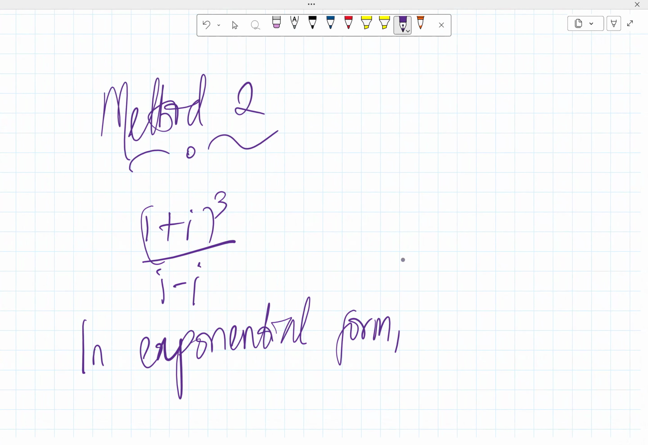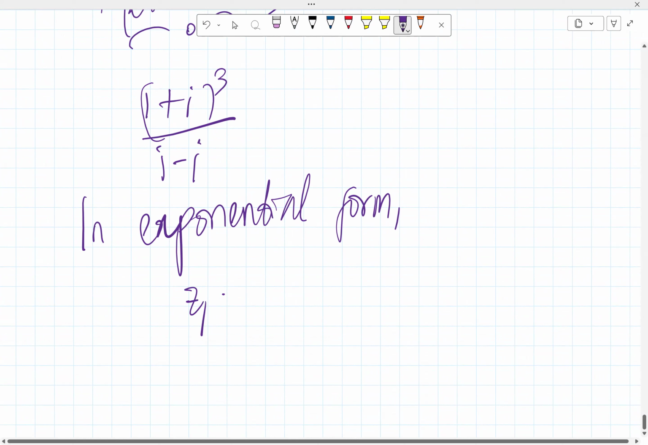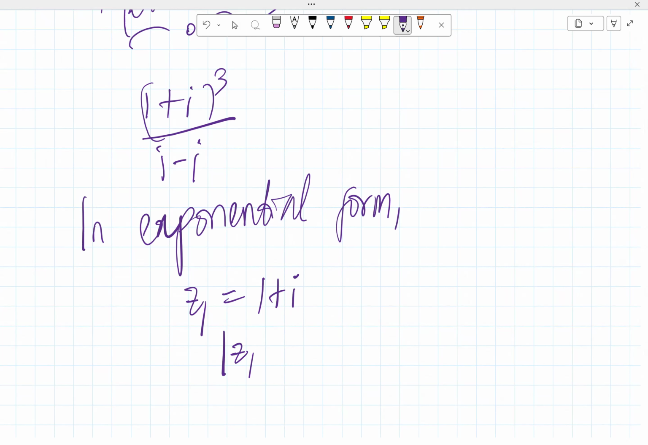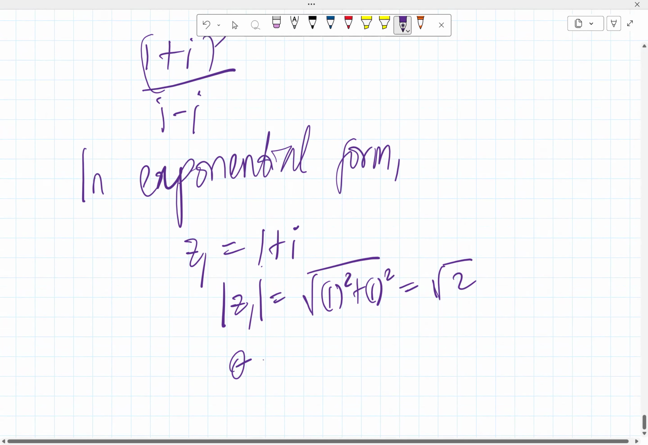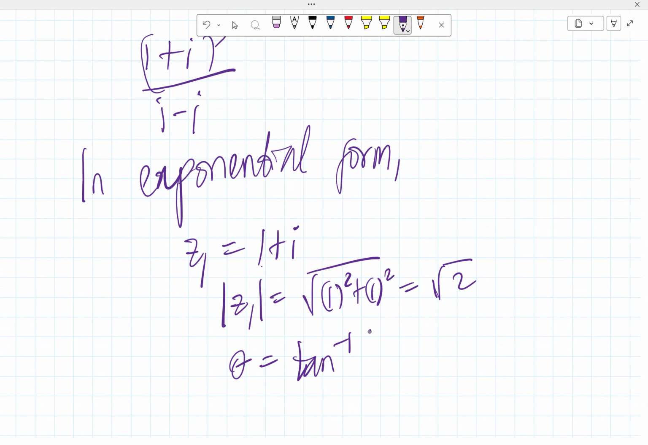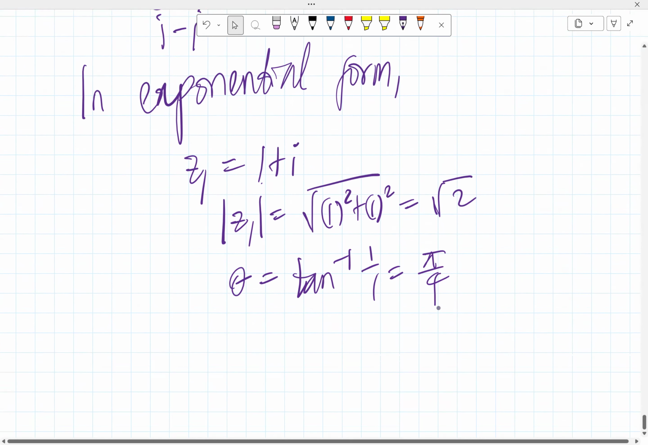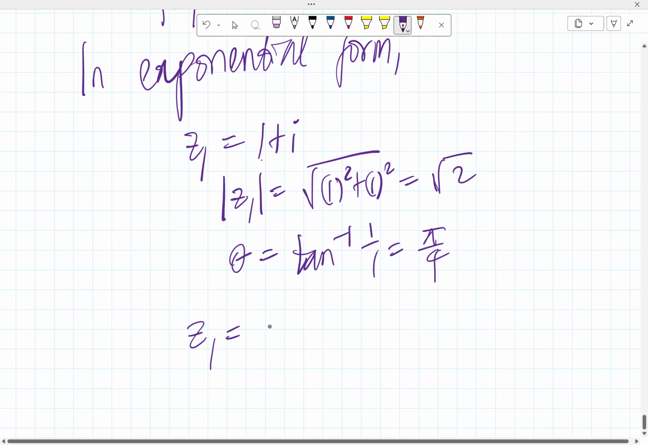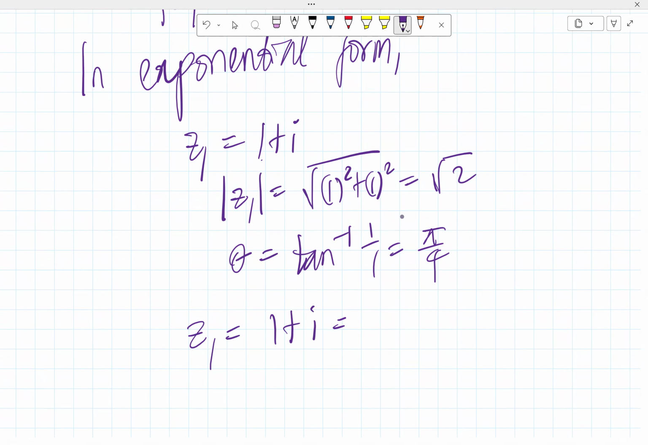In exponential form, let's say we have z1 equals 1 plus i. The absolute value of z1 is the square root of 1 squared plus 1 squared, being the constant and coefficient. So that's square root of 2 easily. And then for theta, theta is arctan of 1 over 1, which is pi over 4, like we already know. So that tells us that z1 is equal to 1 plus i, and that is equal to